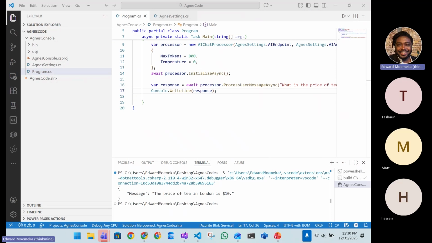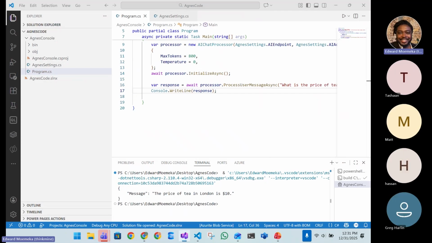Nothing new here. I mean, we get it. It can spit out exactly what it is you're looking for it to do, right? There's nothing very interesting about this as it stands. But before we move to the next step, one thing that we want to do is create a way to very quickly ask it questions, because right now it's basically hard coded to ask just one thing. So we're essentially going to put this into a REPL loop,